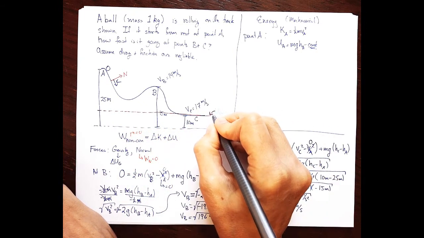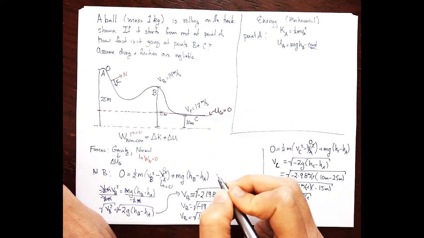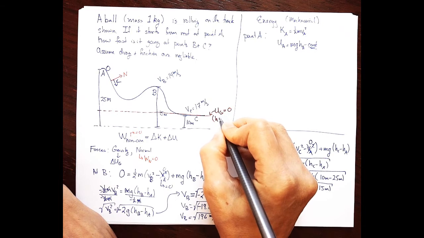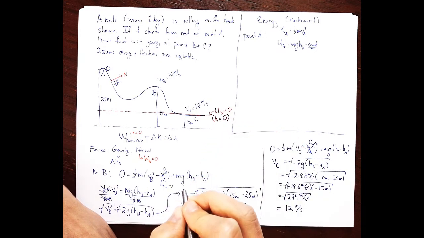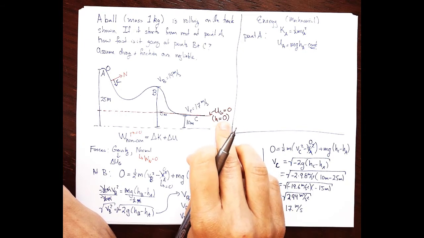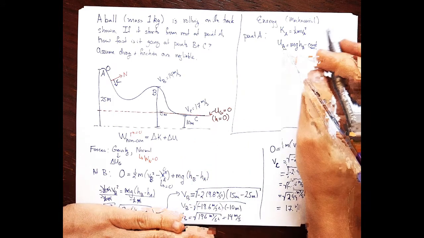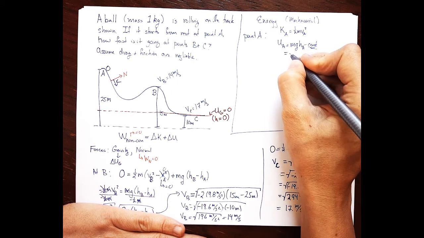So right there, our potential energy due to gravity is equal to 0. That's going to be our reference point, and that's the same as saying our height is equal to 0 right there. Okay, so if we know that, that means we want to measure these heights relative to this one. So to figure out our potential energy here, what we'd want to do is